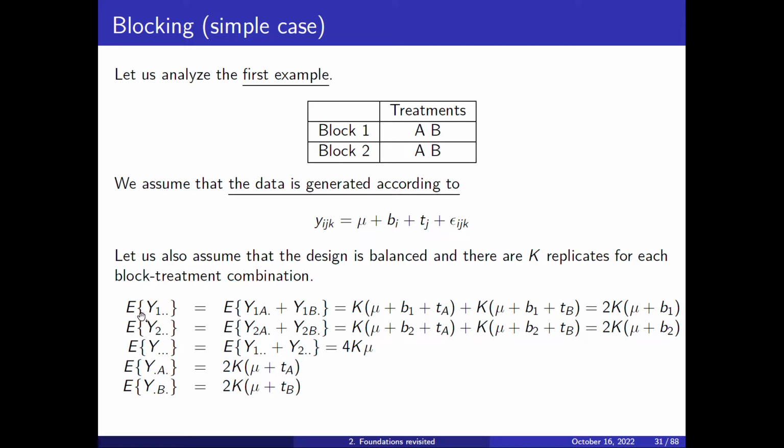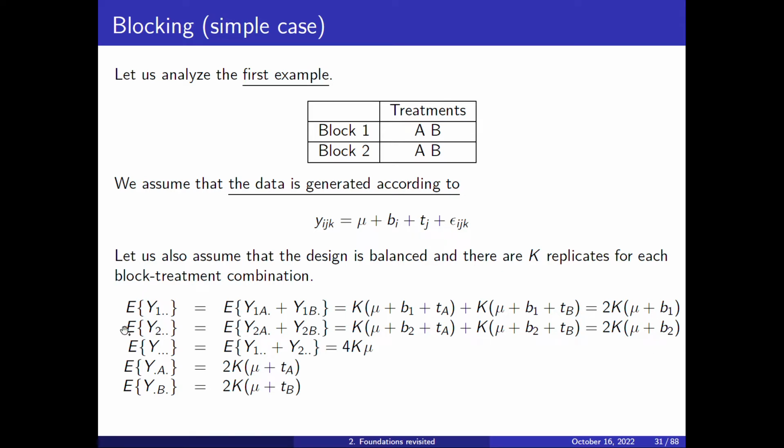And then these will be random variables, and we can compute the expected value of these random variables. So this sum is the same as the expected value. This sum on group 1 is the same as the sum of these two. So the expected value here will be k times, because we have k combinations, k replicates, of the expected value of this sum of this treatment, that is mu block 1 plus dA, and then the same for the other one. So at the end we can see that the expected value of this is this one,